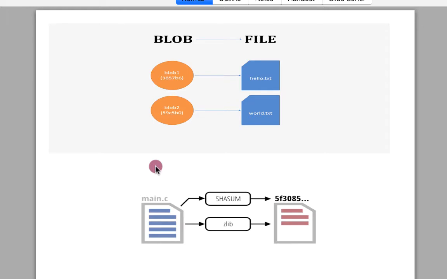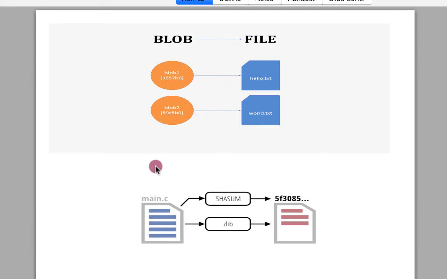When I say unique, it means there is a very, very rare possibility that two different contents will generate the same SHA-1. Only the same content can generate the same SHA-1. If one file has hello and another file has hello world, there is no way both can generate the same SHA-1.